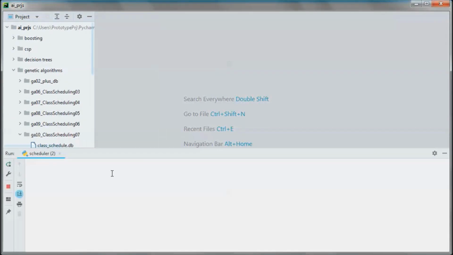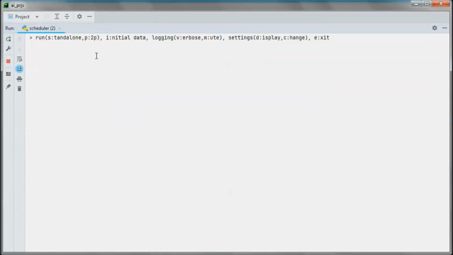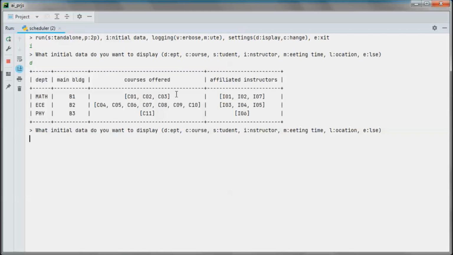And let's run it again and also show what changed. So we are still going to do the initial data and the department data coming from the database.